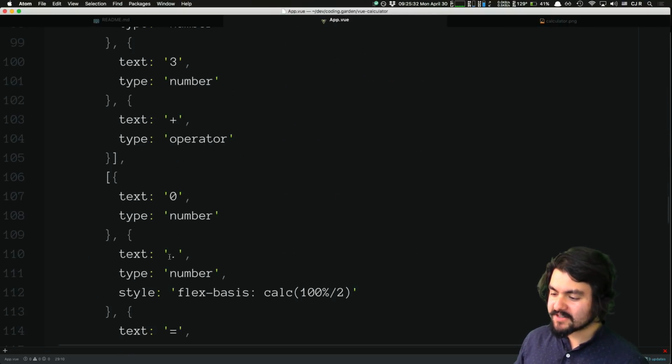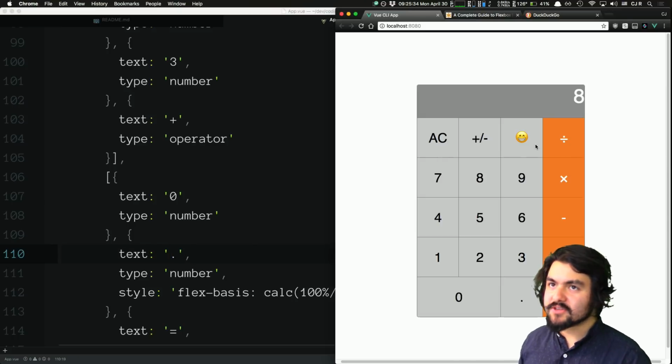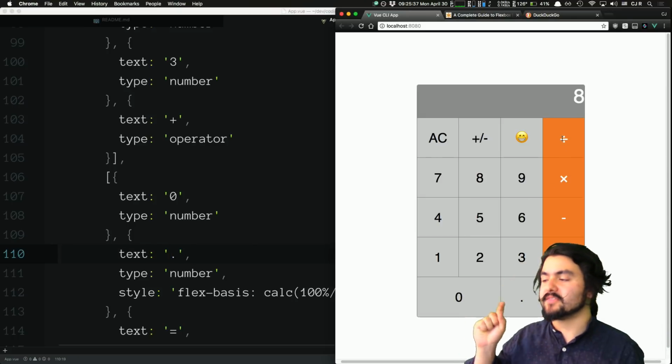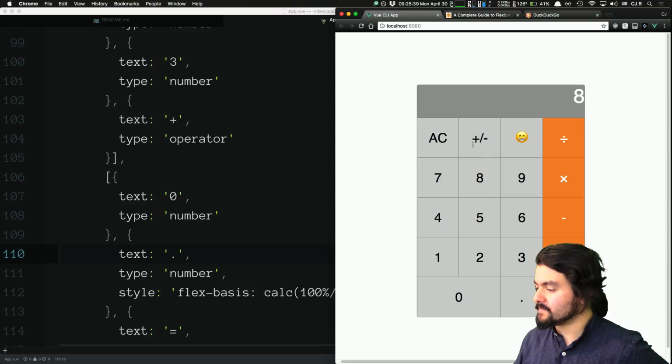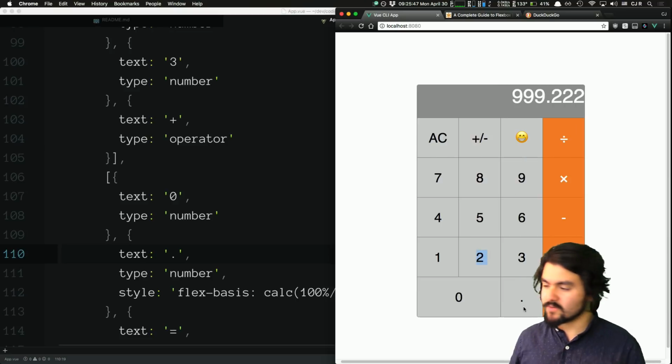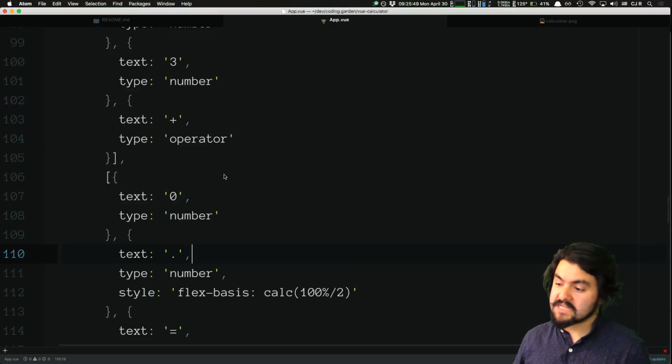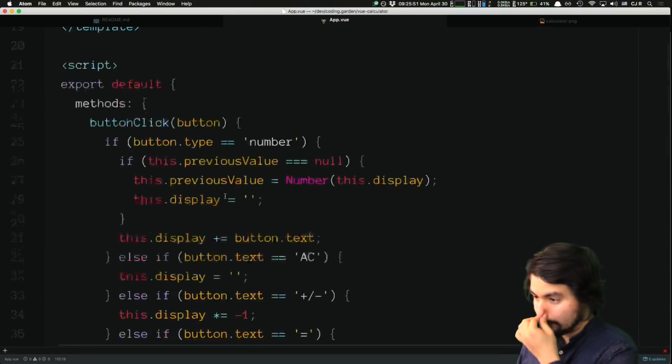Oh, yeah, I set the period to type of number. So I think the only check we need to do is make sure that the... Because here's what will happen right now. Like, I could do this, and that's not a valid number. Basically, like, append the period, but if they press the period again, don't let them append it again. Easy enough, right? So in here,